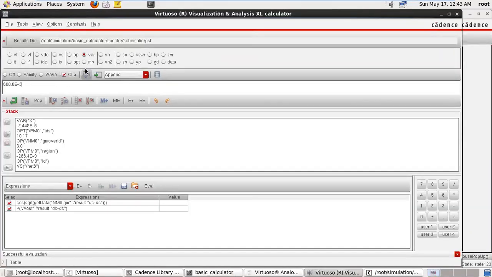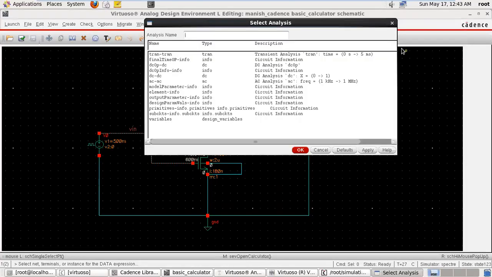Okay, this is variable analysis, and these are used for high frequency analysis: S parameter, Z parameter, Y parameter, voltage standing wave ratio. Okay, we will discuss these later in the high frequency analysis.